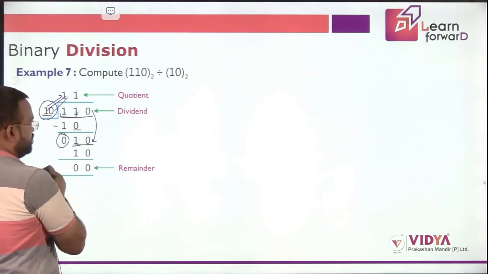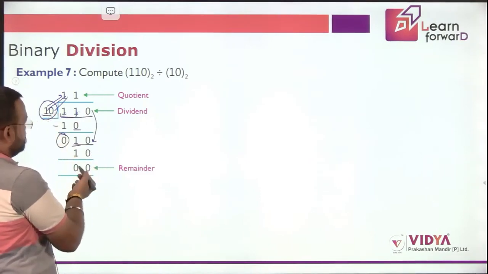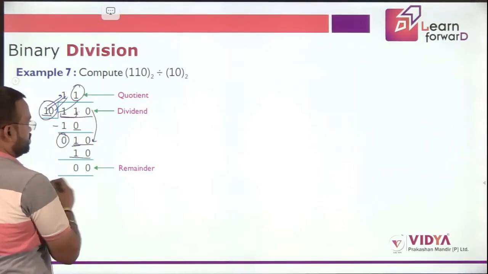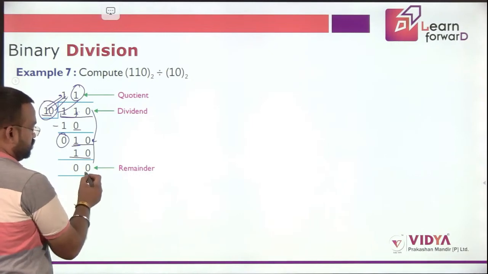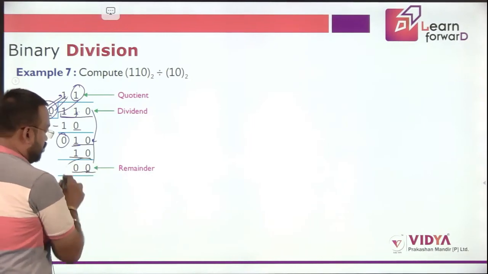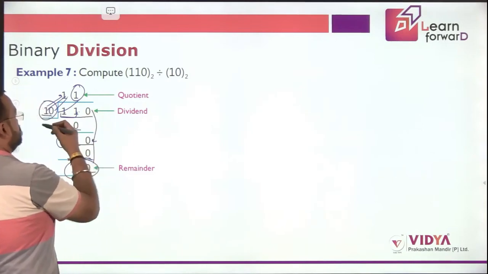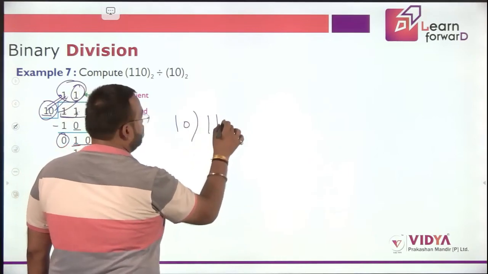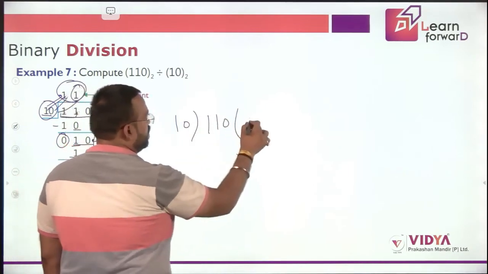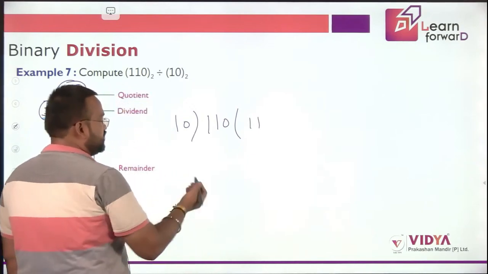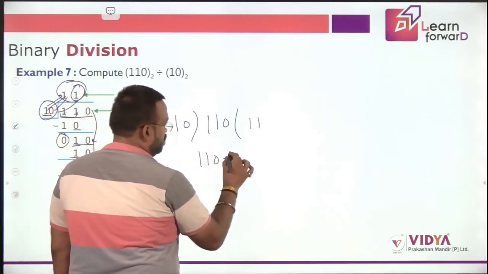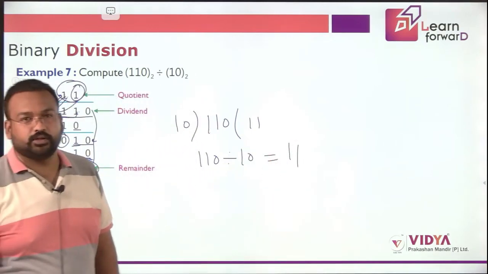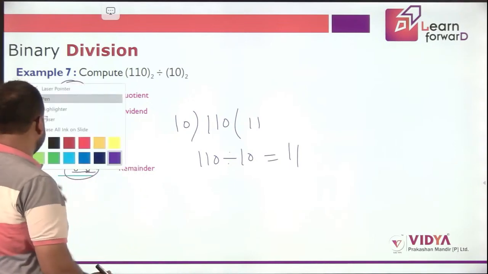So we would have 1 0, and now we can see that the divisor is 1 0, and if we simply multiply it with 1, we will get 1 0. Now subtract it, 0 minus 0, 0, 1 minus 1, 0. So now the remainder we get is 0, and the quotient is 1 1. That means when you divide 1 1 0 by 1 0, the answer would be 1 1, or simply you can write 1 1 0 divided by 1 0 equal to 1 1. Okay, let's see another example.